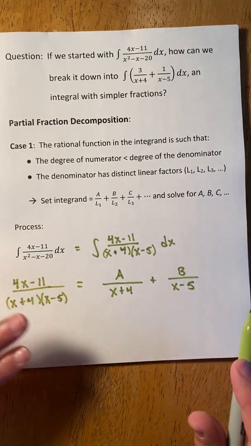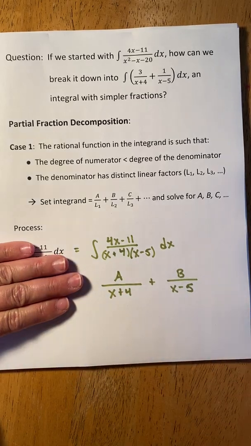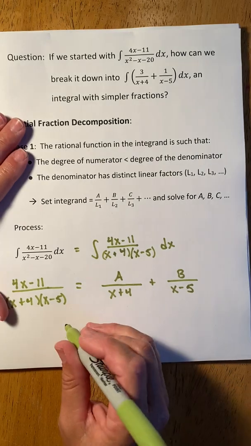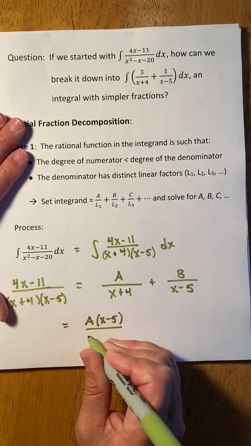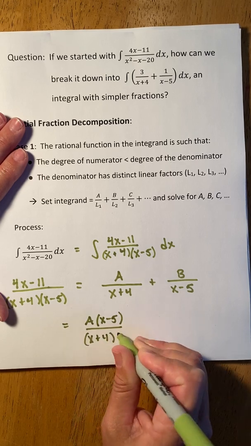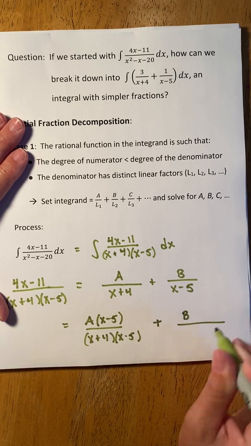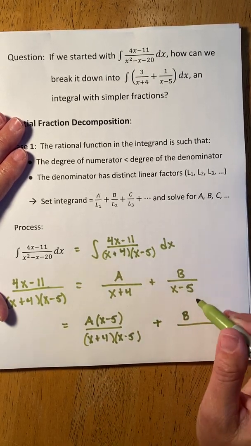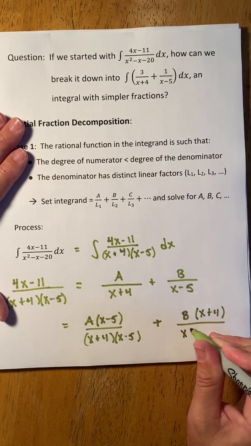So if I wanted to, forget this for a moment, and I want to add these together to create one fraction, I'm going to have to use my common denominator again. So this is going to be, I'll do it all out, a times x minus 5 all over x plus 4 times x minus 5, plus b over, because this denominator is missing the x minus 5 factor, this fraction, this denominator is missing the x plus 4 factor. So it's going to be,